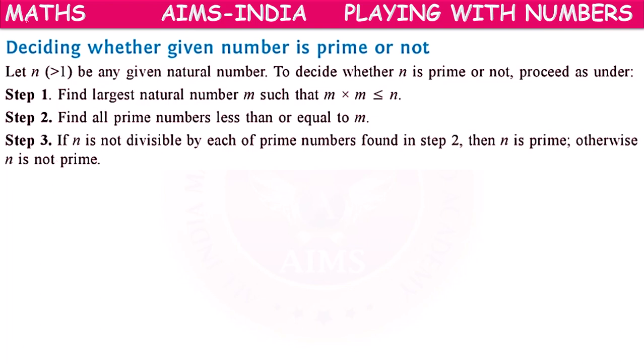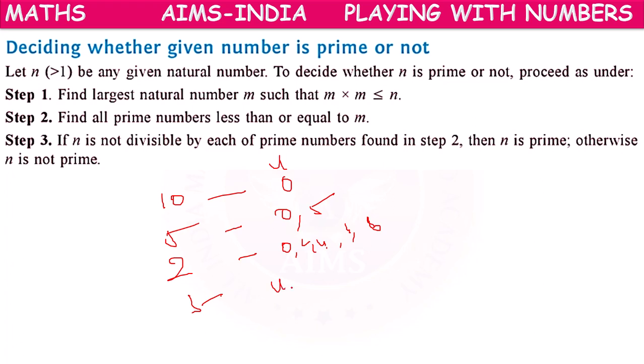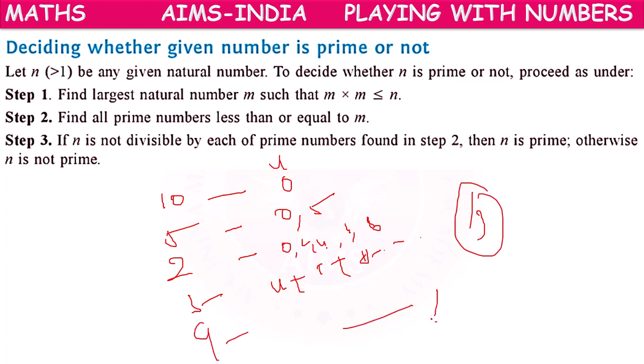Next. So what we have learned, children: divisibility by 10 means units place 0. Divisibility by 5 means units place 0 or 5. Divisibility by 2 means units place 0, 2, 4, 6, 8. Divisibility by 3 means the sum of all the places, units, tens, hundreds, like that, should be divisible by 3. Divisibility by 9 is also the same. Divisibility by 11 means the sum of